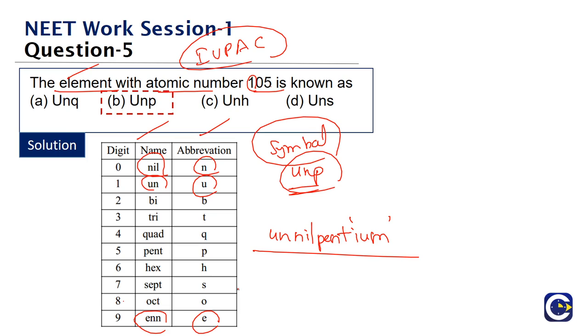Accordingly we will be able to name any of these elements. For example, even for an element that is not known to us, they can give questions like what will be the IUPAC nomenclature for the element with atomic number, say, 250. They can give us questions like that also, so we need to be ready to answer all those questions. So we have to remember this table: the corresponding letter name based upon the digit value, and the abbreviation. Letter names will be used for giving the full name and abbreviations will be used for giving the symbol. When we are giving the full name, we have to end the full name with IUM.